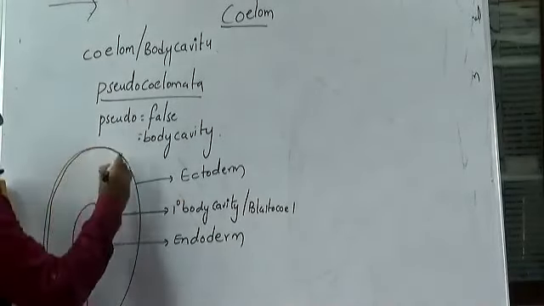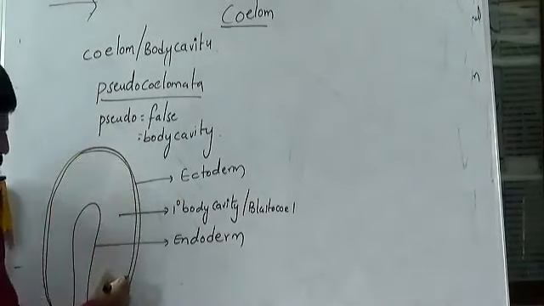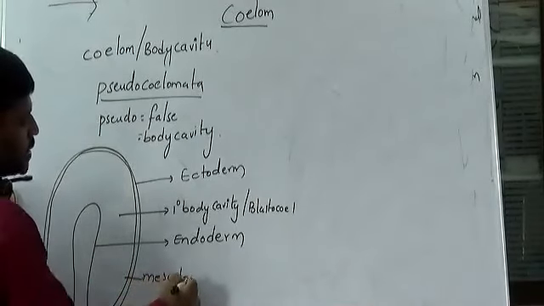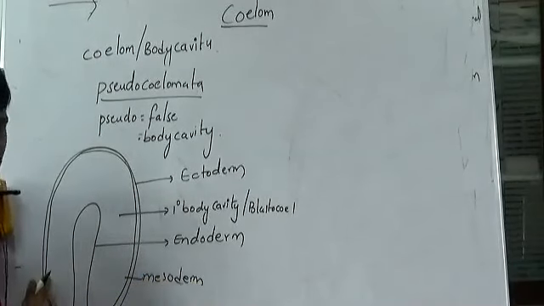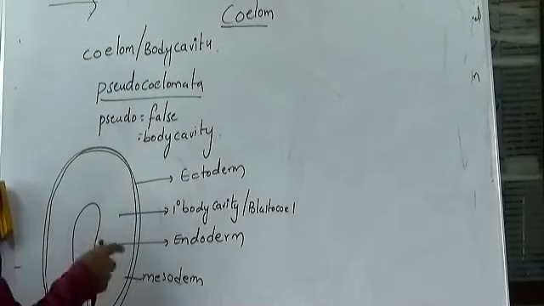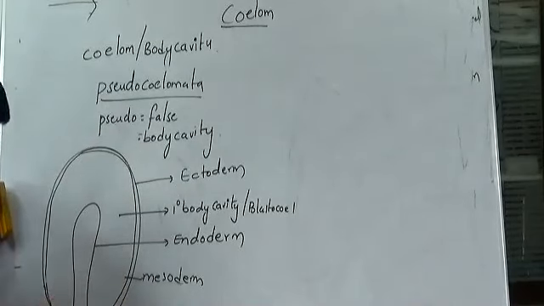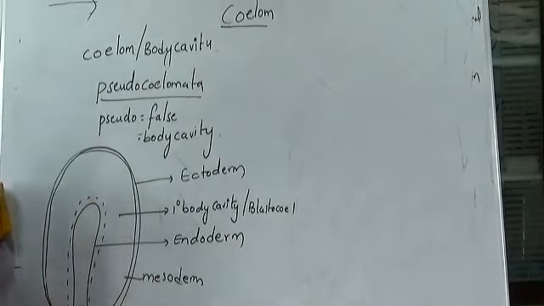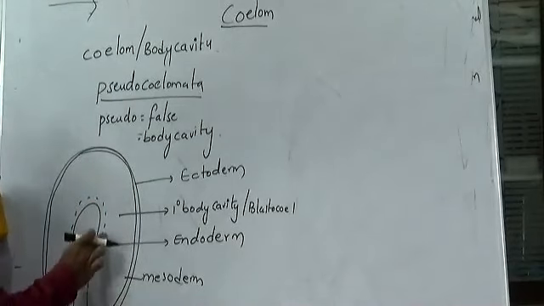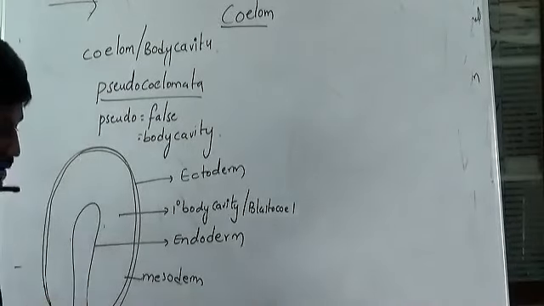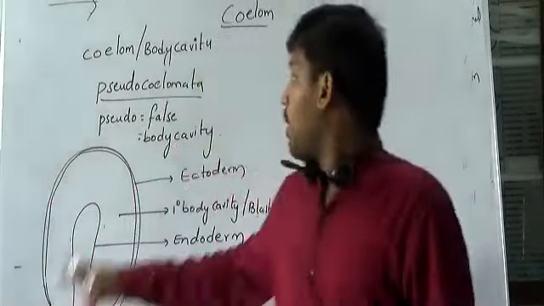It is going to line only the ectoderm. Whatever mesoderm is formed here is adjoining with the ectoderm only, right? So that is the reason why we call it pseudocoelomata. If it is a true coelom, the mesoderm should be present on the ectoderm side as well as on the endoderm side. Then we can consider it a true coelom. But here, the mesoderm formed is adjoining with the ectoderm only, and hence it is called